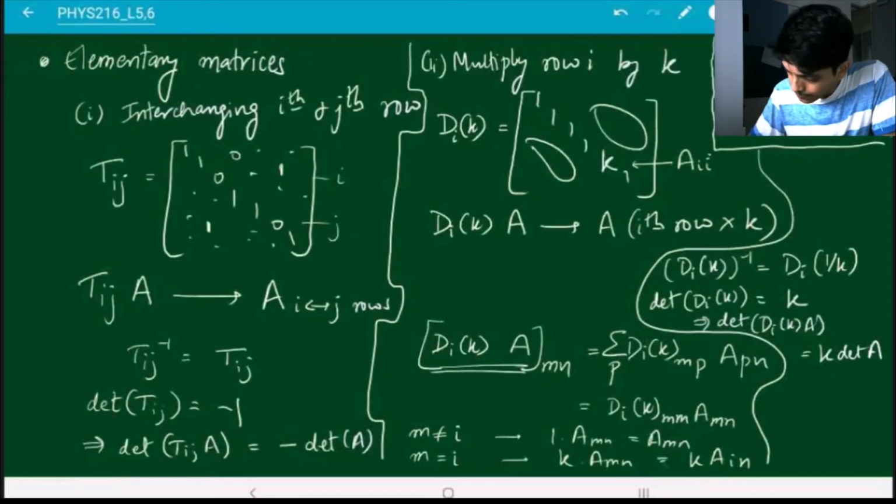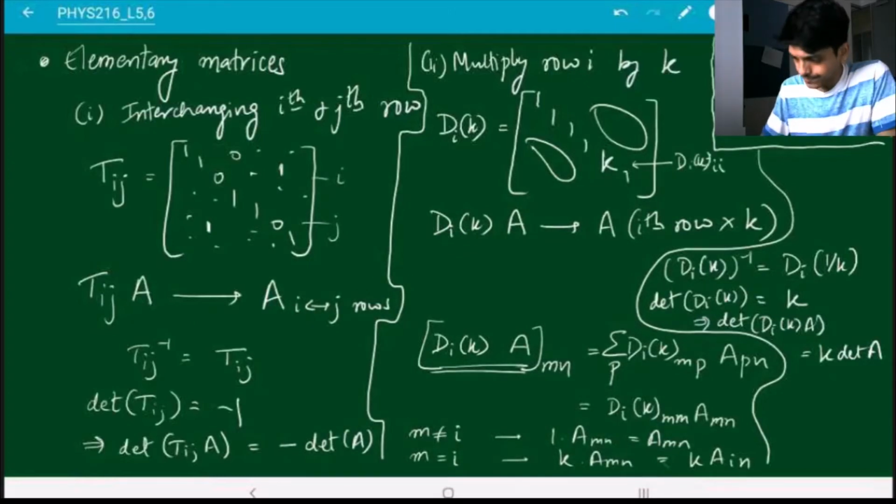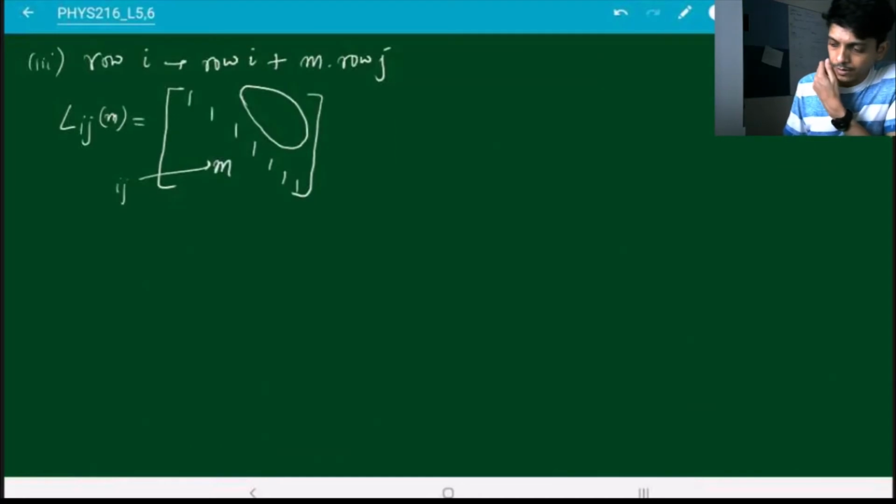I notice over here I put an a. This is not supposed to be a. This is supposed to be D_i(k). Sorry. So in this matrix, there's one element which is m in the ij-th position, and all the diagonals are all 1, and all the remaining off diagonal elements are all 0. And I will not work it out. Should I? No, it's okay. Homework. You work it out yourself.